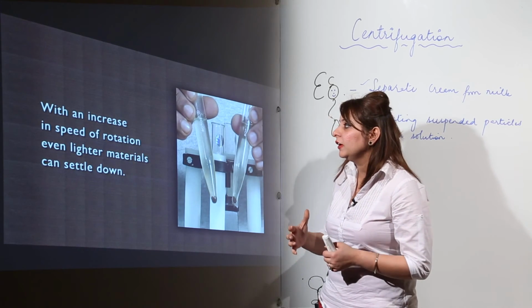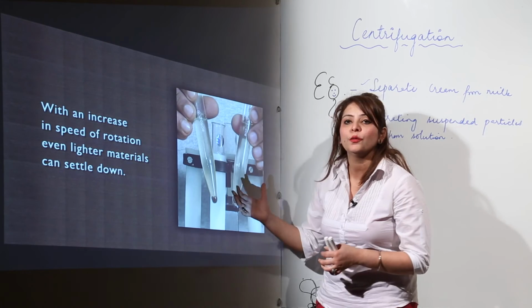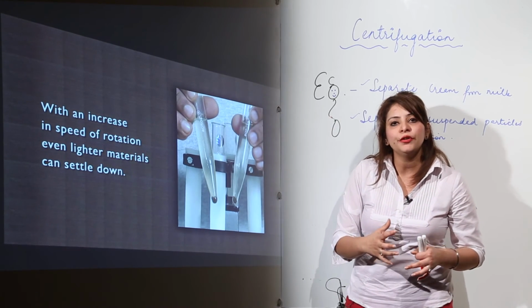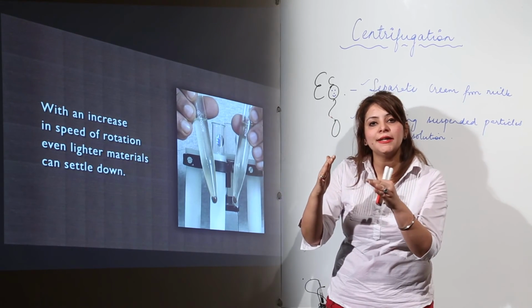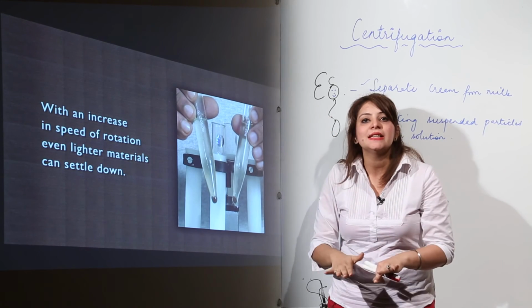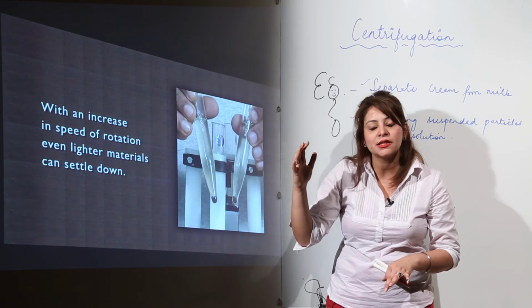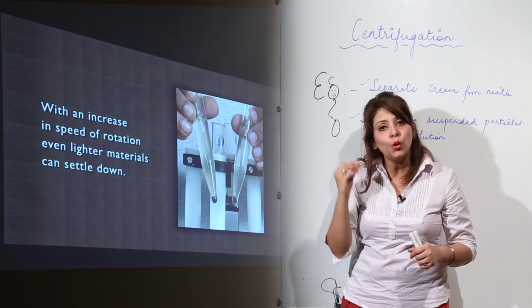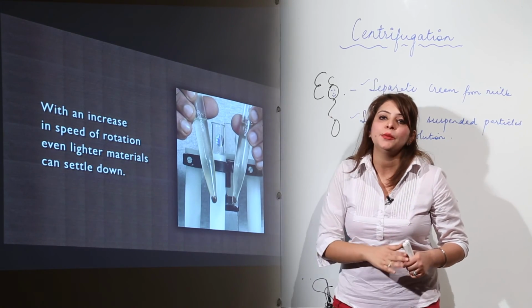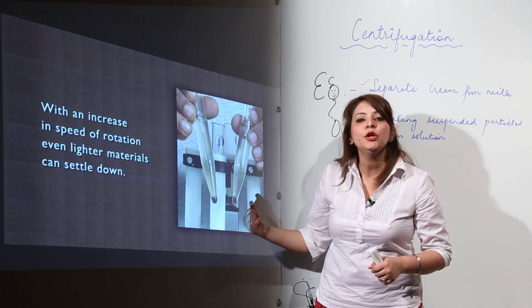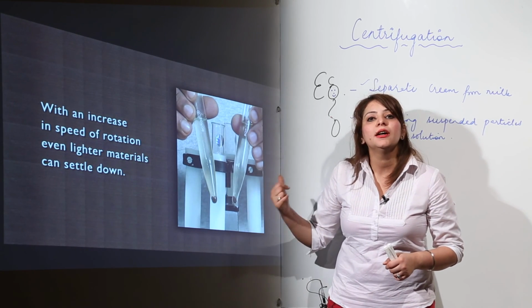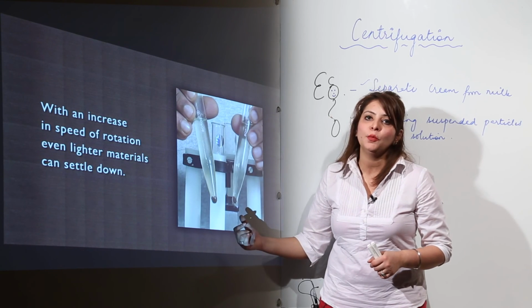Whenever you want to see this, we have particles of different densities. The particles with higher density settle down, and at the upper portion we are left with the particles which have lighter density. Even particles which are very light can be separated by this method. So this is the commonly used method, centrifugation, used to separate particles depending upon their densities.